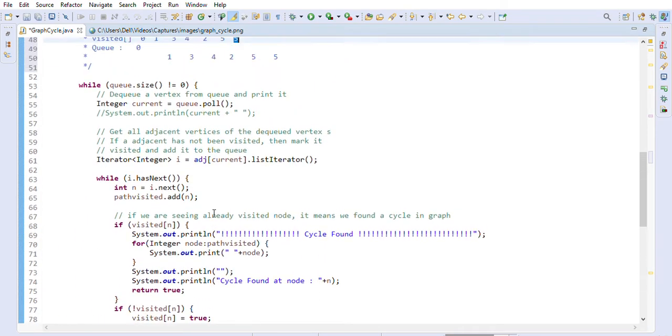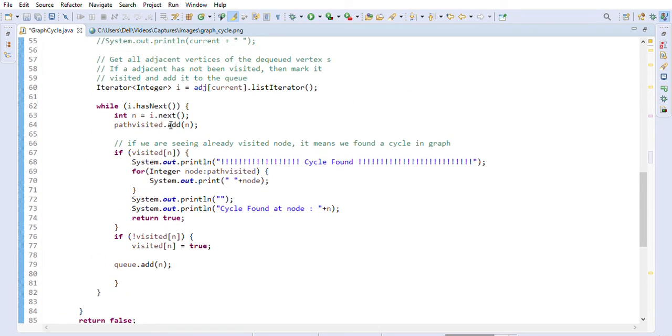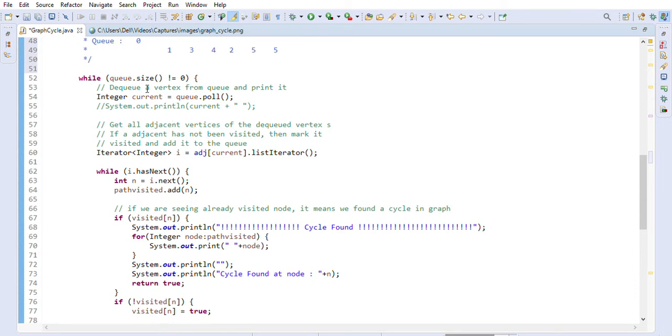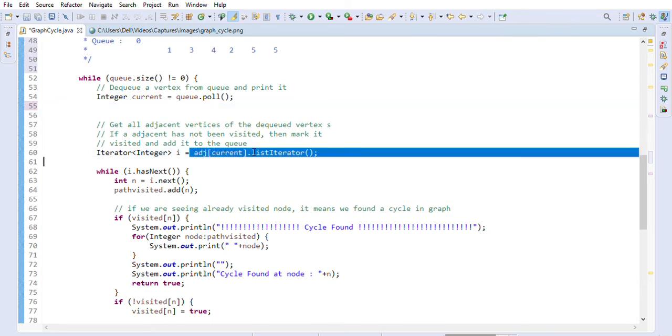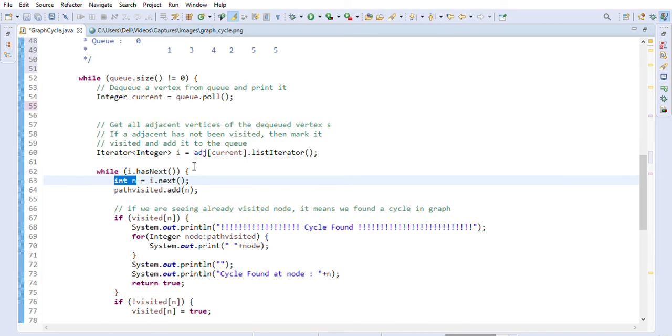That is the logic. I'll just show you one more time here. We poll from the queue and take out the element as current. Then we get the adjacent elements of the current element as an iterator, and we iterate through all the adjacent elements, right? n is the adjacent element, and it's a while loop.